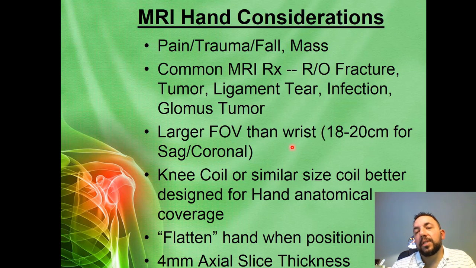Knee coil or similar size is usually what's used. Very important to flatten the hand when positioning. I love those flat pads that we can get. When positioning a patient for a hand MR, I like to put a little bit of padding down. I like to put a flex coil, so I'll use 2 circular 6-inch flex coils that are matching elements, right? I'll put the flex coil down, I'll put a sheet down so the patient's skin is not touching